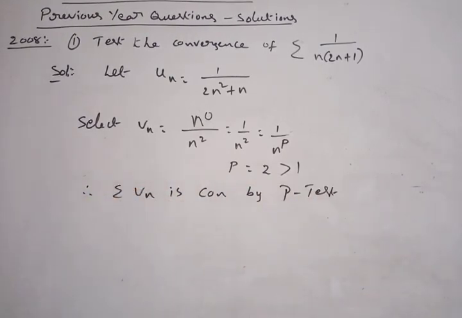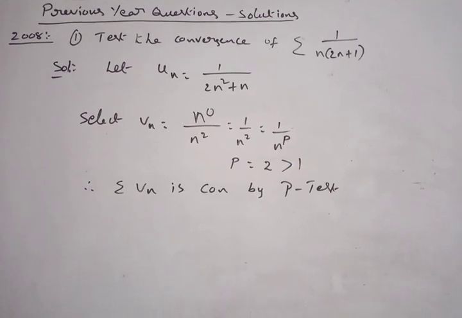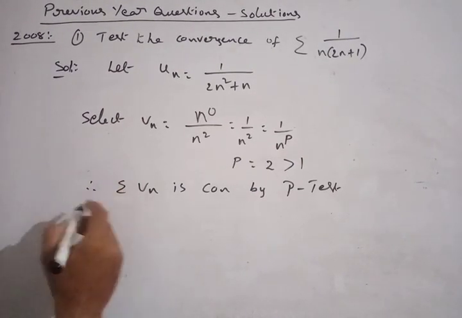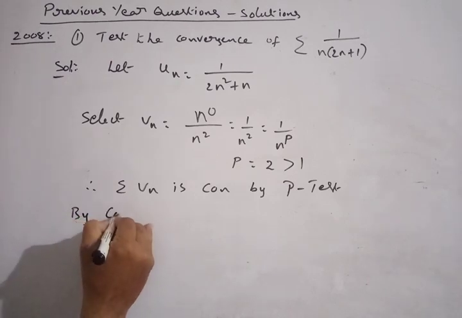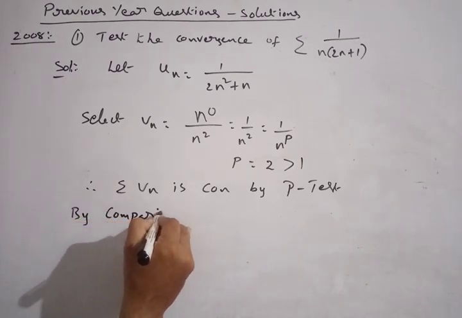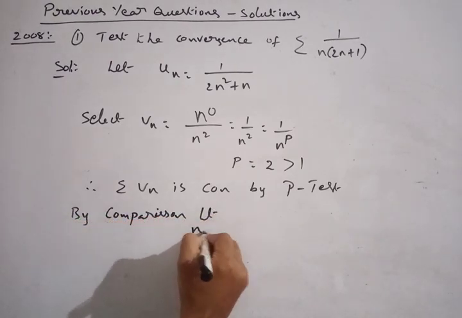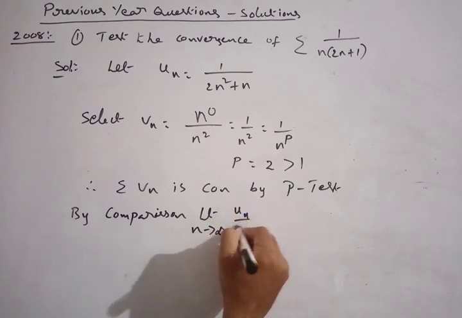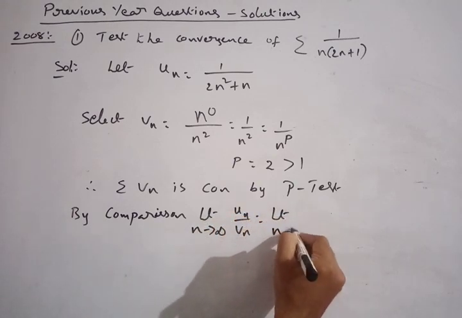Now what do we have to do? Actually we started the comparison test, no? In the comparison test what do we have to calculate? You need to calculate the limit as n tends to infinity of un by Vn. Now by comparison, limit n tends to infinity un by Vn is equal to limit n tends to infinity